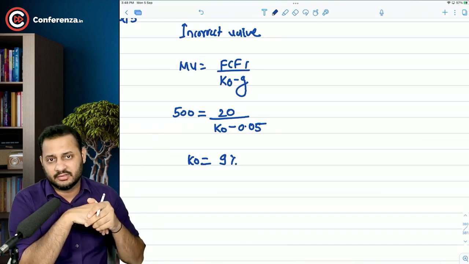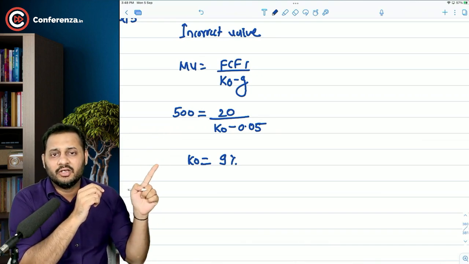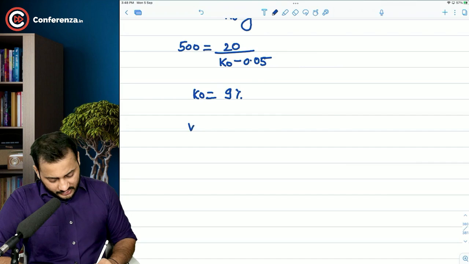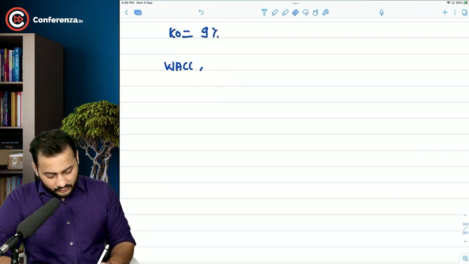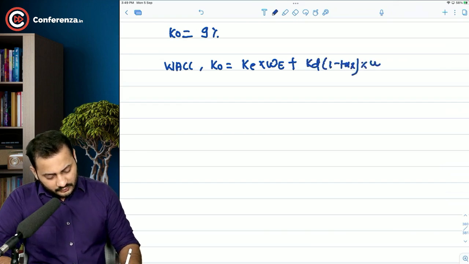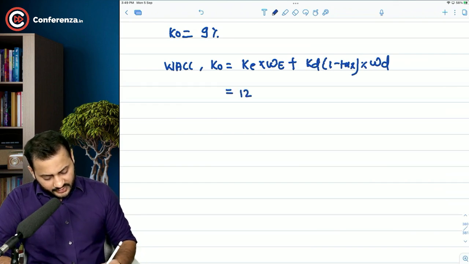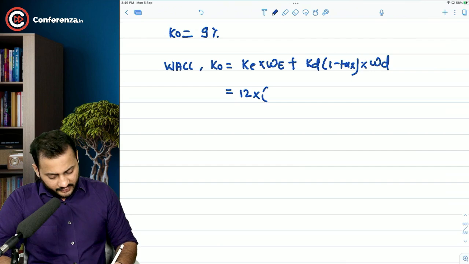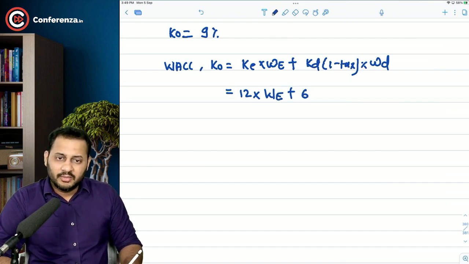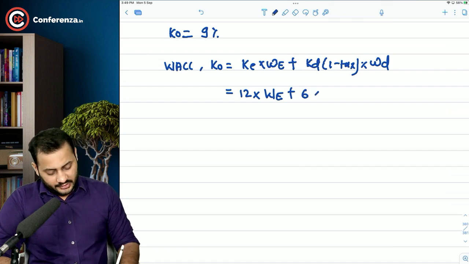So this is the wrong cost of capital that we had calculated and used in the formula to arrive at 500 lakhs. If we had calculated the correct cost of capital, this value would have been correct. Now let's go with the calculation of WACC. So how do we calculate the cost of capital? It's very easy, sir. Cost of equity into weight of equity plus cost of debt into (1 minus tax) into weight of debt. The cost of equity in this question is 12%. We don't know the weight of equity, so let's keep it that way. Plus cost of debt is 6%. There are no taxes, so 1 minus 0 is 1, multiplied by the cost of debt, 6, into